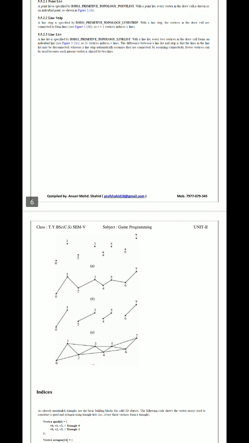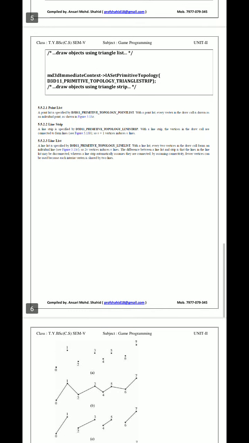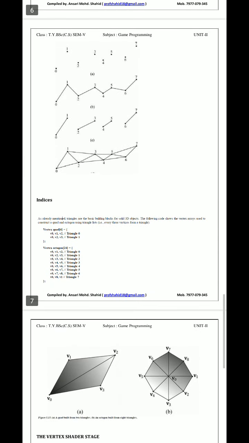So these are the types on which your topologies work when they are combined together. Topologies also connect with the nodes, so they also use this vertex format only. That is the reason they have given the name topology. Next is indices. Indices are needed because I cannot have only one combination; I can have more than one or two combinations at a time. For that we go for indices.